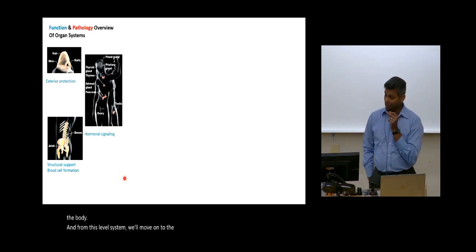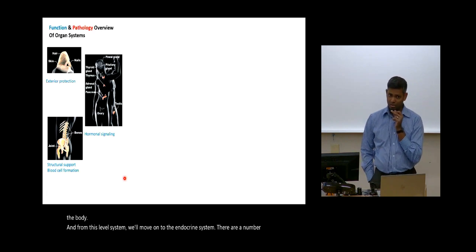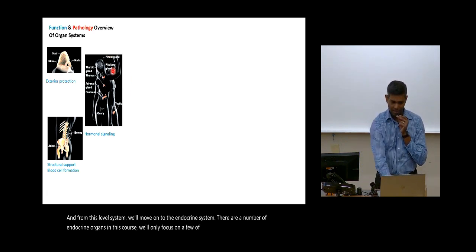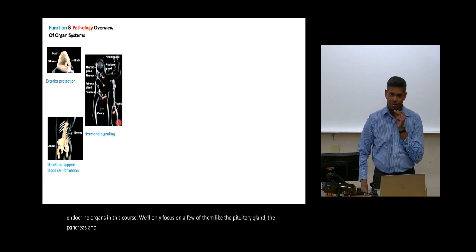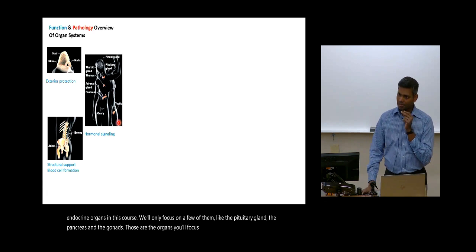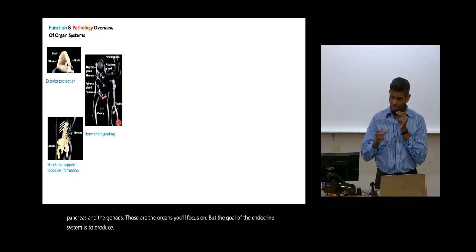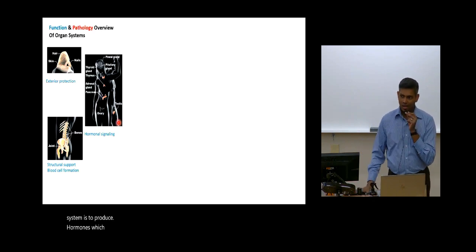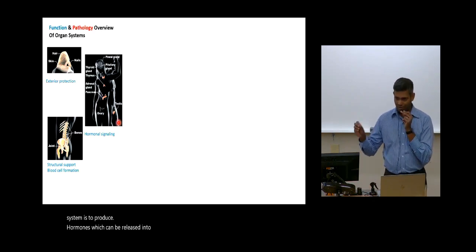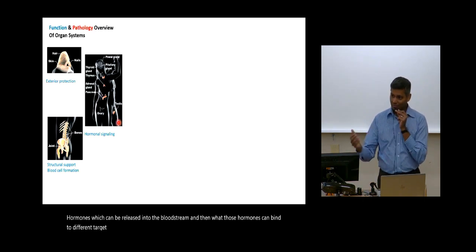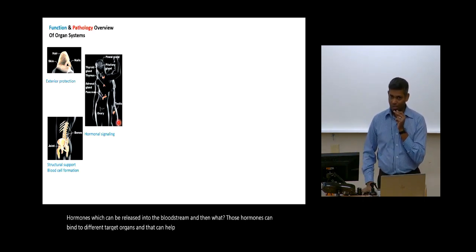There are a number of endocrine organs. In this course, we'll only focus on a few of them, like the pituitary gland, the pancreas, and the gonads. So those are the organs we'll focus on. But the goal of the endocrine system is to produce hormones which can be released into the bloodstream, and then those hormones can bind to different target organs,